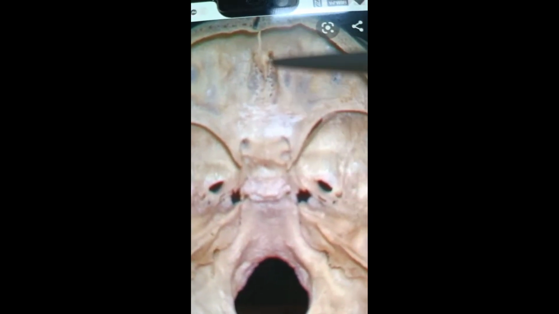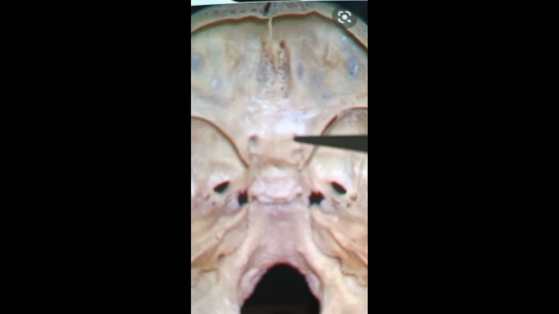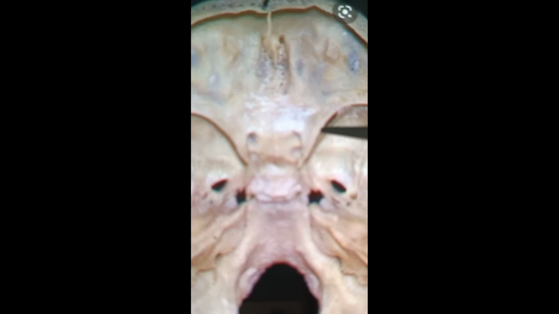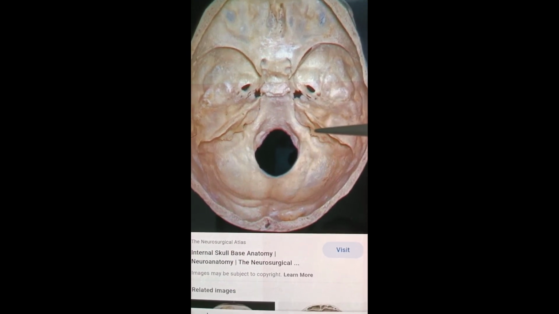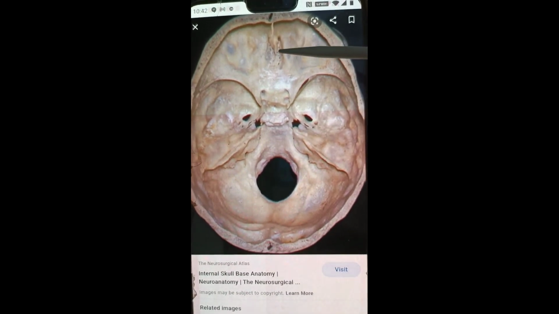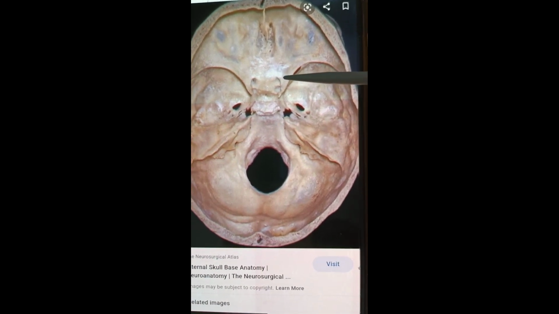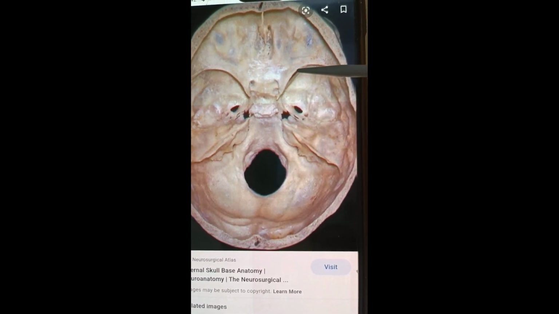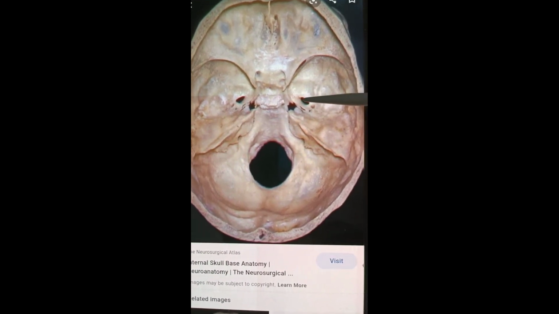So, the first nerve passes through the cribriform plate. The second nerve through the optic foramen. The third, fourth, fifth A and sixth through the superior orbital fissure. So the olfactory nerve, the first nerve through the cribriform plate, the second nerve through the optic foramen, the third, fourth, fifth A and sixth nerve through the superior orbital fissure, the fifth B through the foramen rotundum, the fifth C,